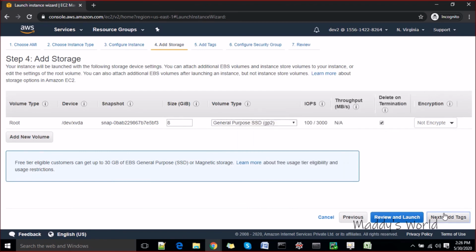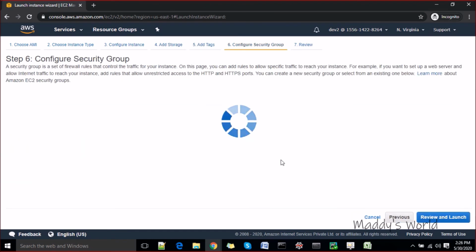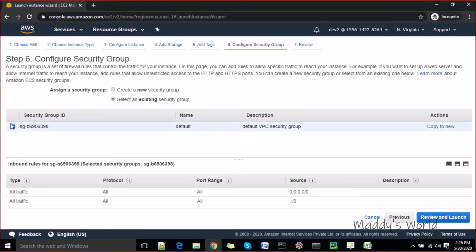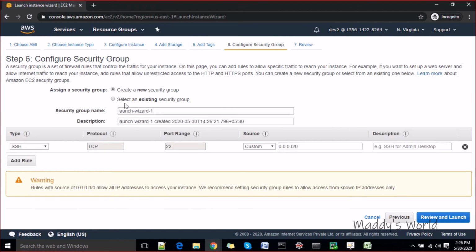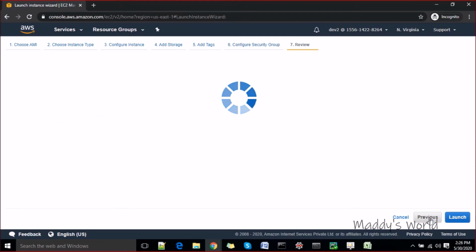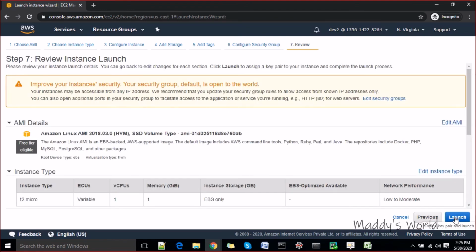Right, we are going with the default partition type. We have access to add the tags, and we also have access to create or use an existing security group now, because we have given that access. So let's choose the existing one. Go ahead and launch this instance, right?